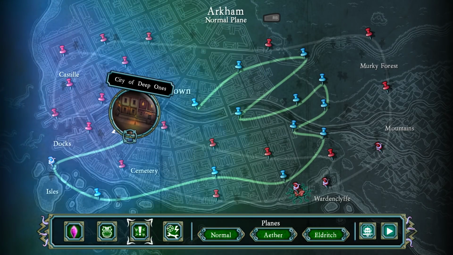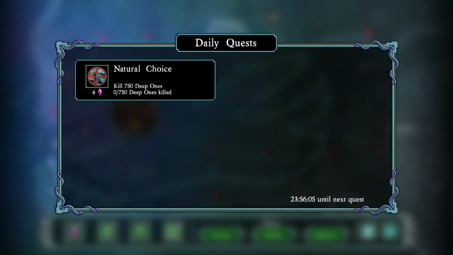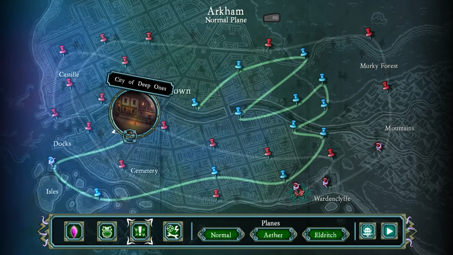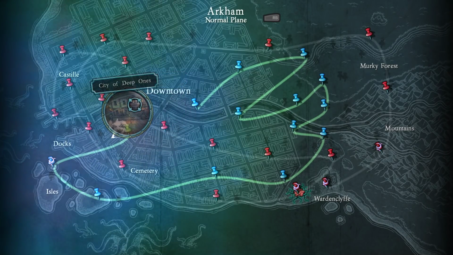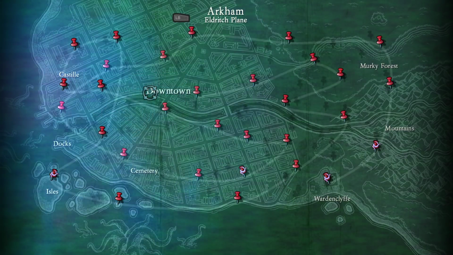So, is it wanting me to press on this? Daily quest. Natural choice. Kill 750 deep ones to get 4 aether crystals. Okay. And I have 24 hours to do it. So that was the first boss. I was expecting it to be a showdown with Lovecraft, but I guess he's in one of these deeper areas,